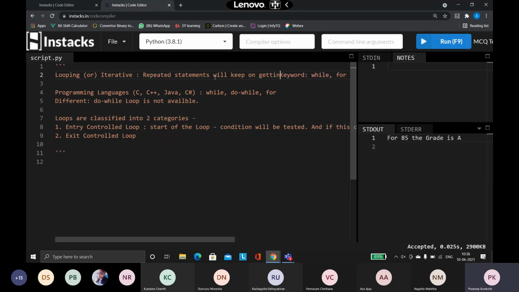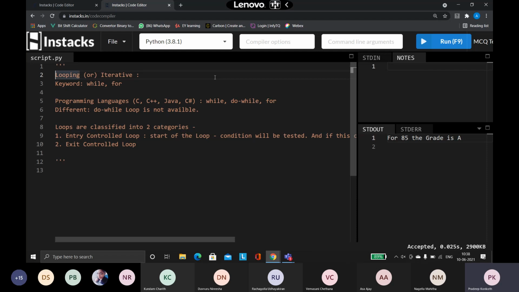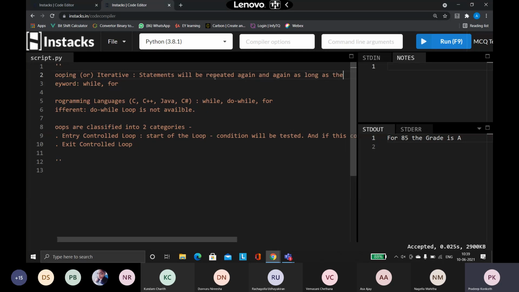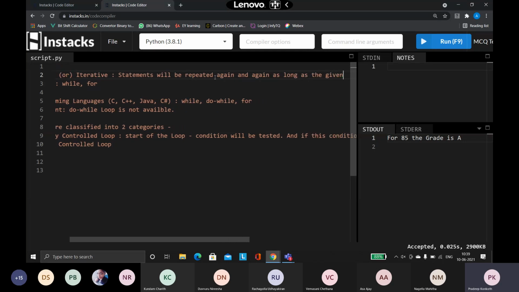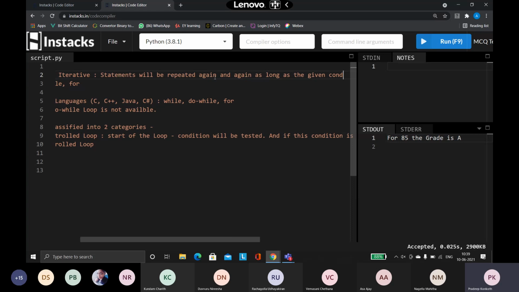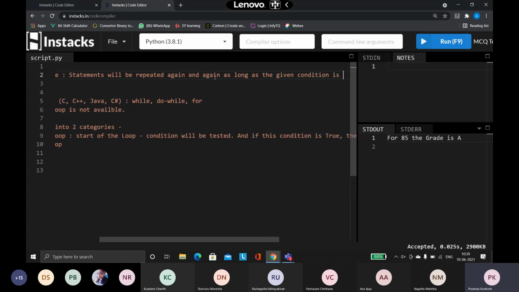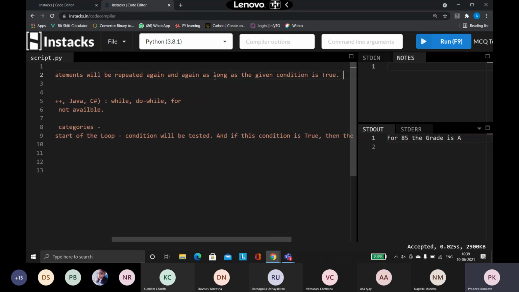So statements will be repeated again and again as long as the given condition is true.